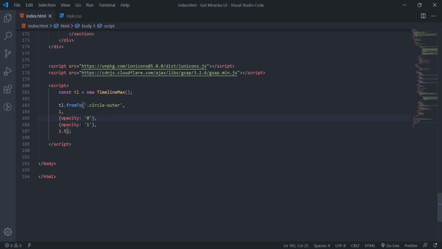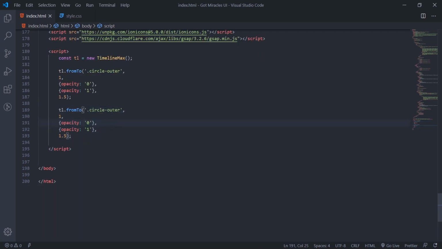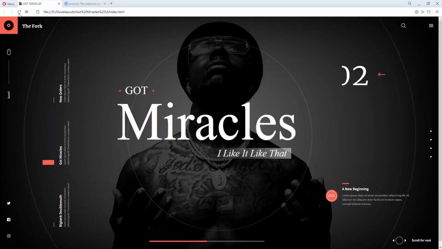To do that, I'll duplicate this one, then I'll say circle inner, with the same opacity of 1, but a different delay. We'll set the delay to 2.5. If I go back and refresh, the first one shows, then the second one comes up.